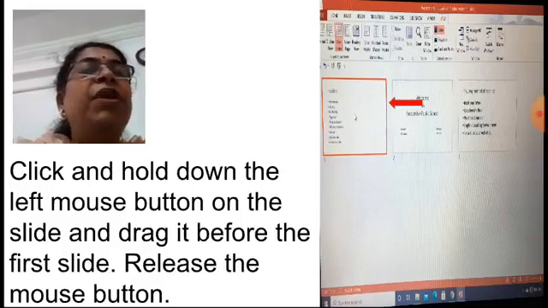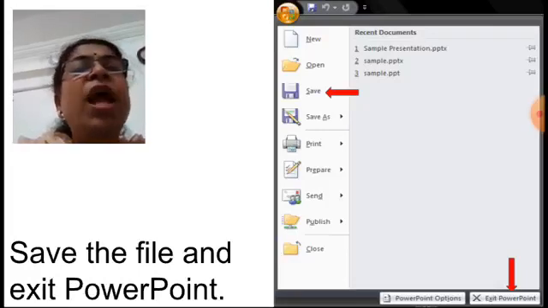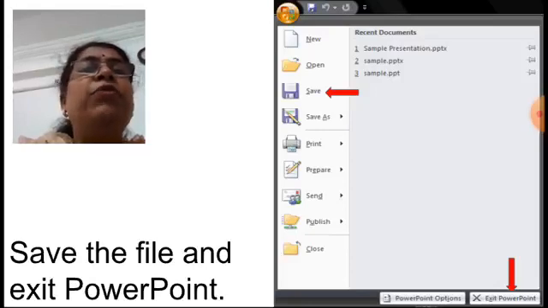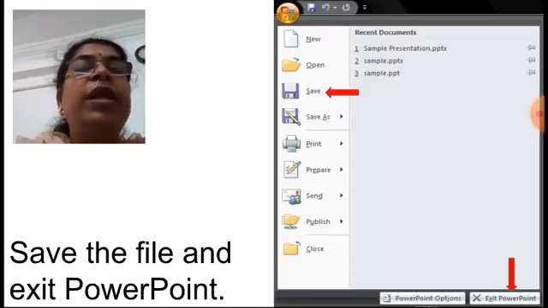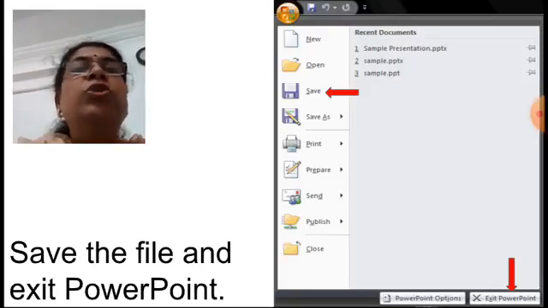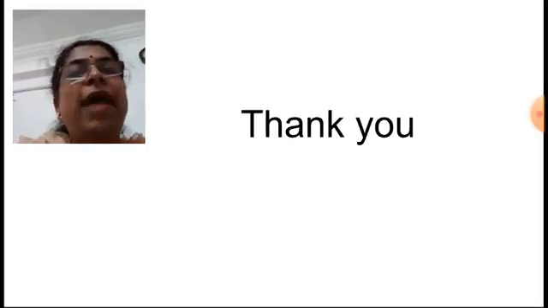Now in the activity we have to save. After doing all this, we have to save our presentation. For saving, you have to click on the Office button, the Save option, and then we have to exit PowerPoint. For exiting PowerPoint, again the option is there in the Office button when the menu is shown. See at the bottom, Exit PowerPoint. It is shown with the red arrow. Correct? Click on that, so computer control will come out of the presentation. I hope all of you must have understood the activity.